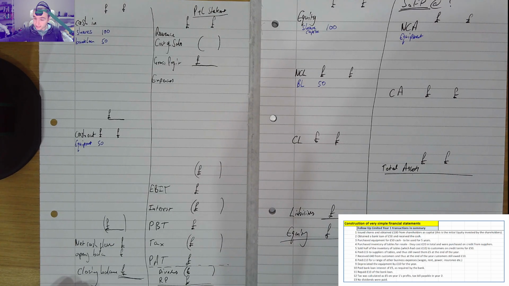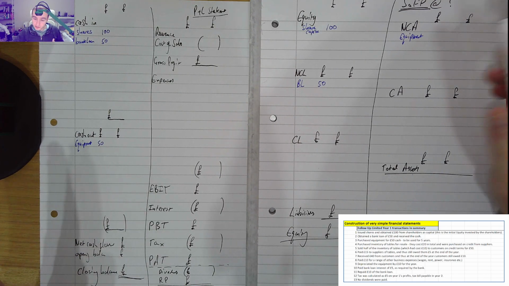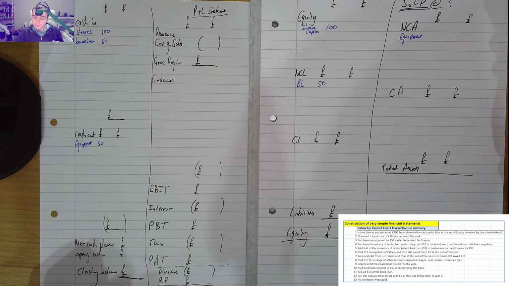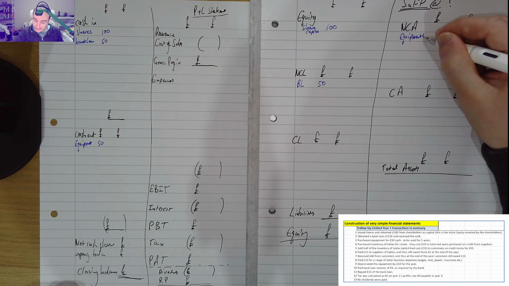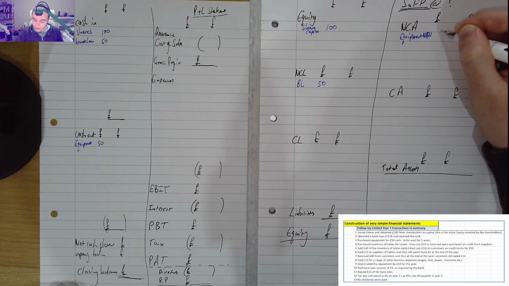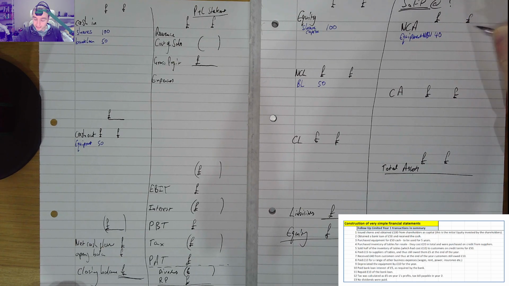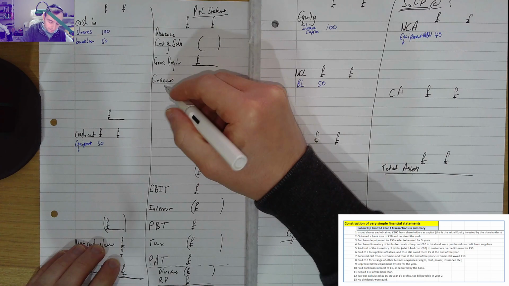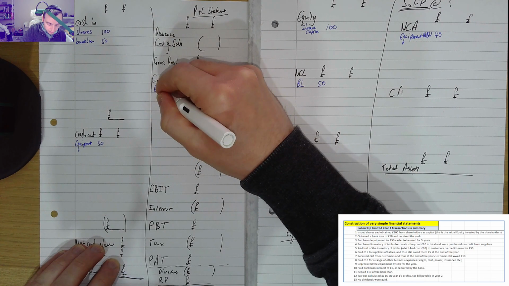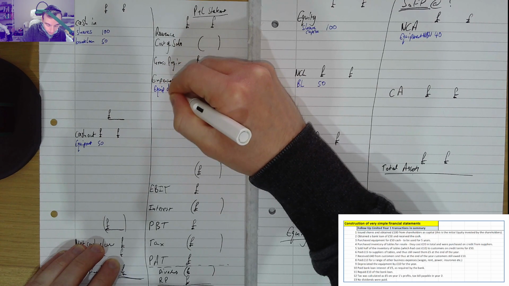Which means that obviously it is assumed that at the end of the 5 years it is going to be worth nothing. Assuming straight line depreciation, so that's going to be 50 divided by 5 is 10 pounds a year of depreciation. So at the end of year 1, the equipment net book value will actually be worth £40 because we've incurred a £10 expense on depreciation. So that depreciation expense will go over here as equipment depreciation